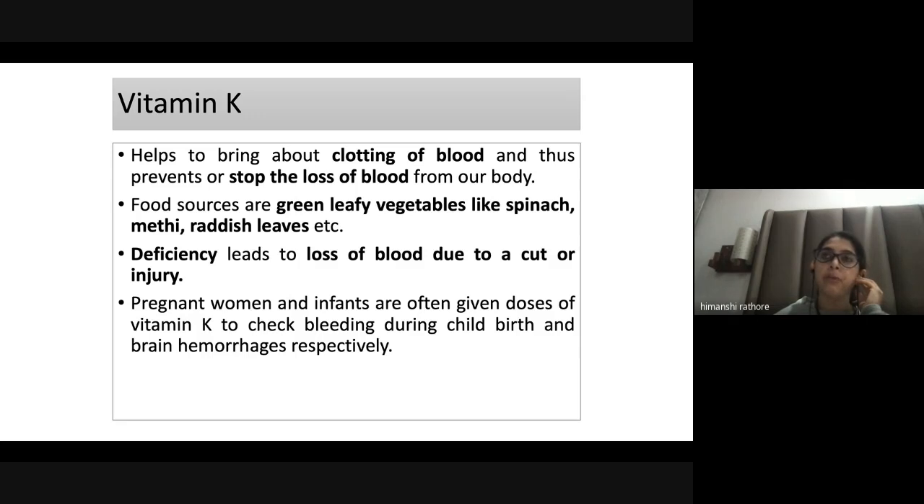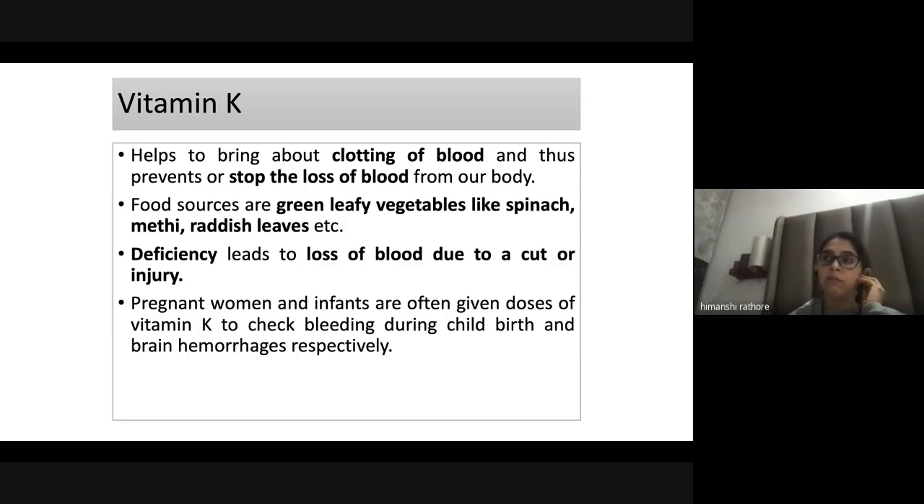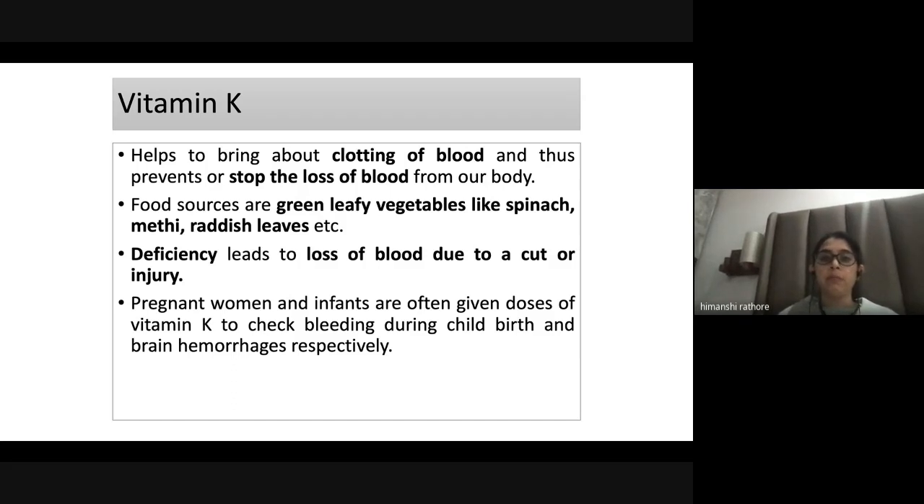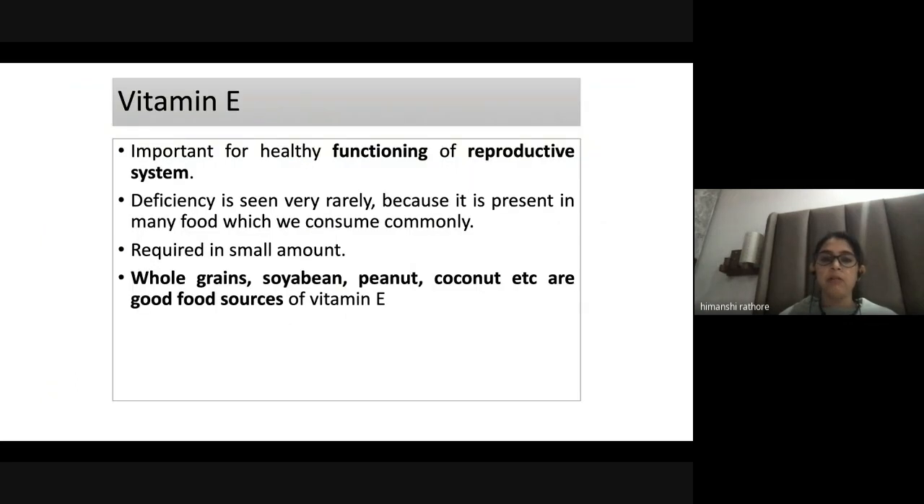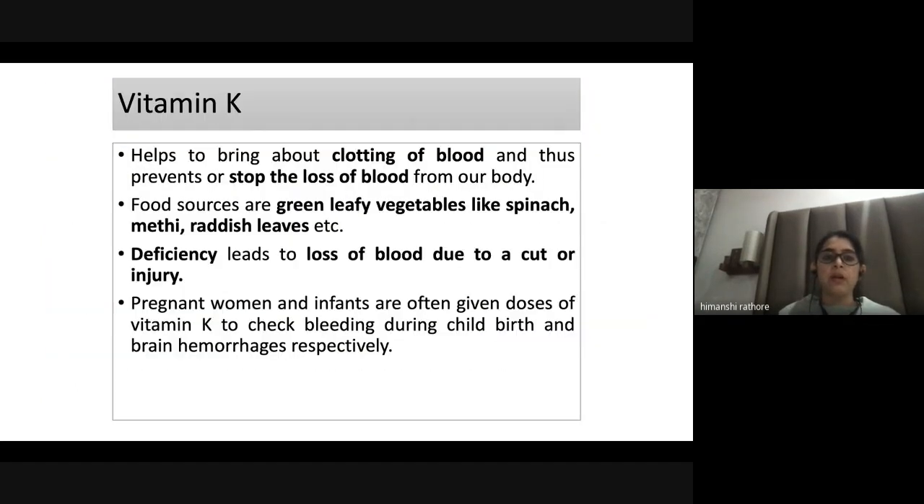When you lack hemoglobin, or when you have a lot of blood loss from your body, and blood cells are not in the right amount, then it will lead to a condition known as anemia. So vitamin K is important because it helps in clotting of the blood when you are injured. Now, pregnant women and infants are often given doses of vitamin K to check bleeding during childbirth and brain